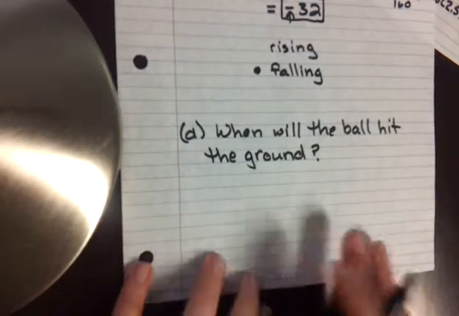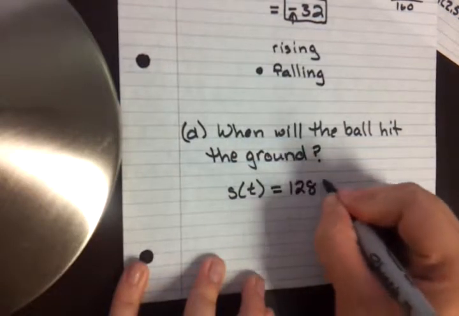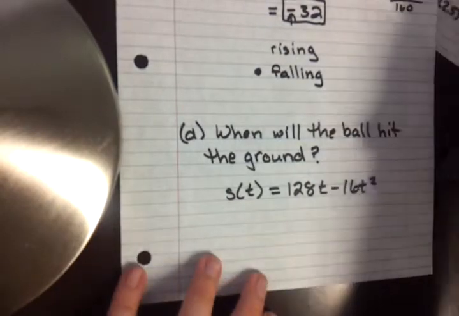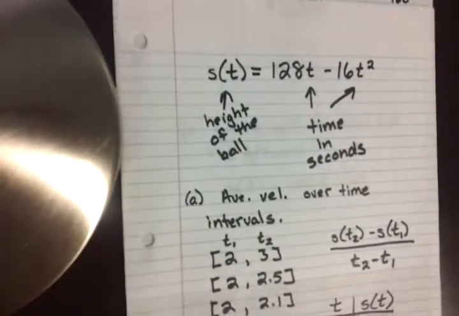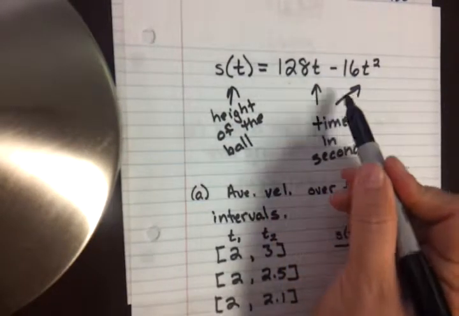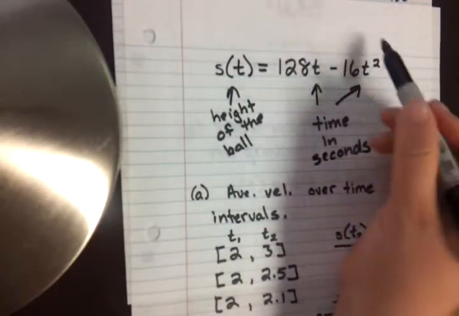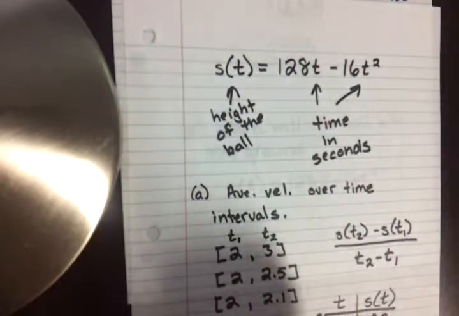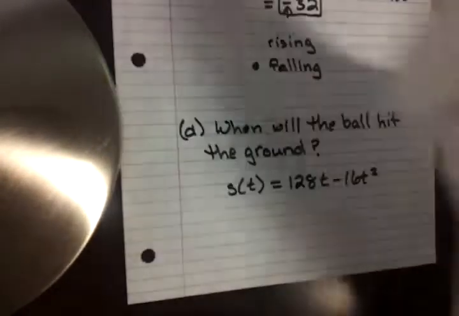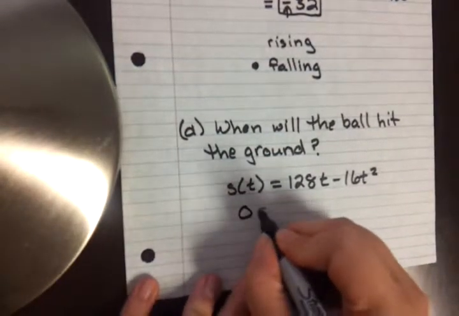Well, our original function, s of t equals 128t minus 16t squared, if we look back at how we defined it earlier, that told us the height of the ball. And so if we want to know what time the height of the ball is 0, we just need to set this side of the function equal to 0, and then solve for t, and that's going to tell us what time the ball was at a height of 0. So let's go ahead and do that really quickly. We want to know when 0 equals